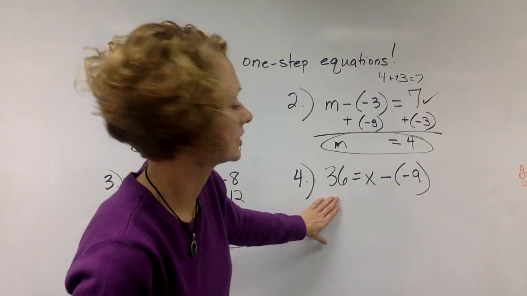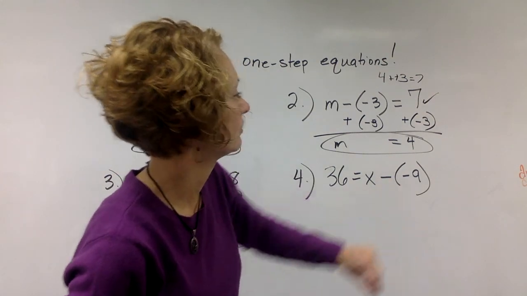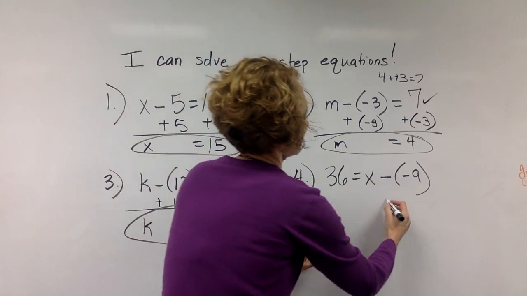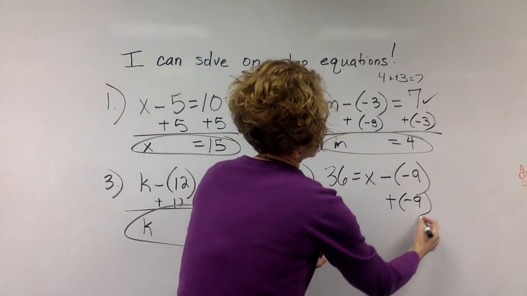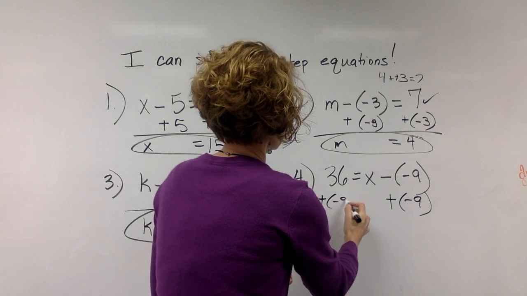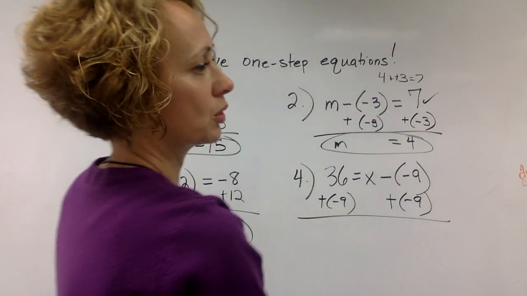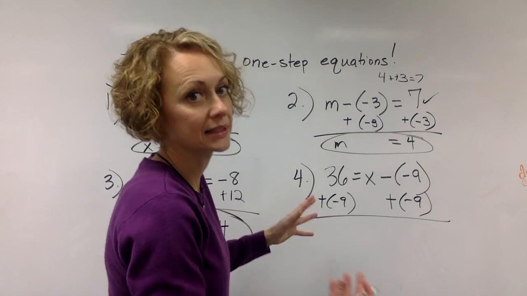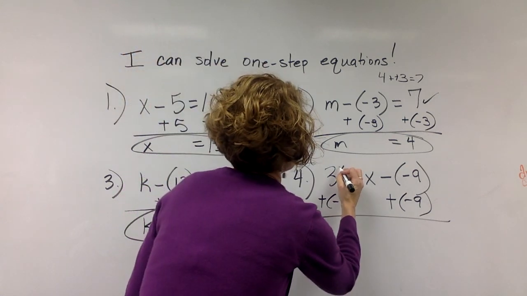Look at my last problem, number 4. I have 36 equal to x minus negative 9. I want to get x isolated by itself. I'm going to use my inverse operation of addition. I'm going to do the same thing over here on the other side. I'm going to work this problem going down my paper. 36 plus a negative 9 is really 36 minus 9. So that would give me,